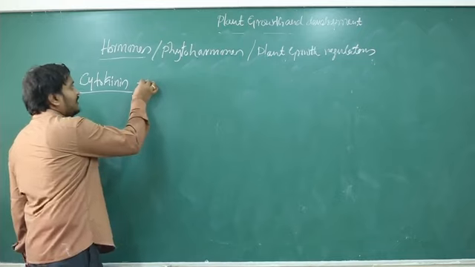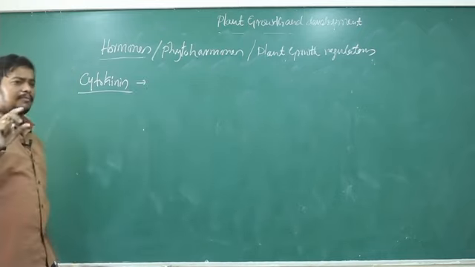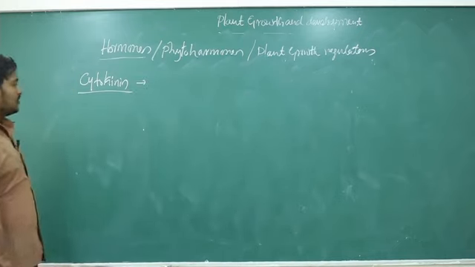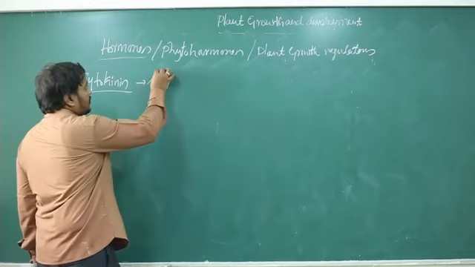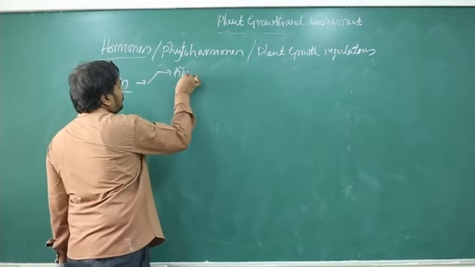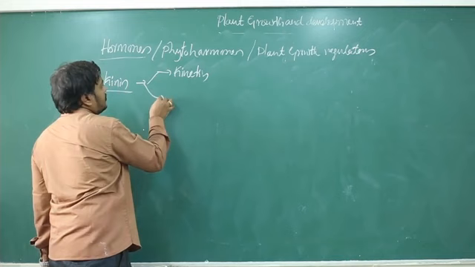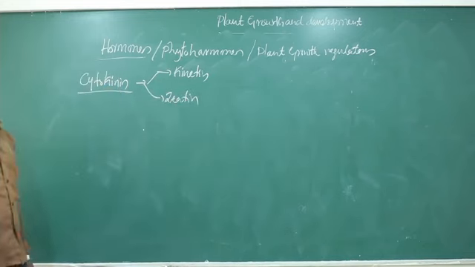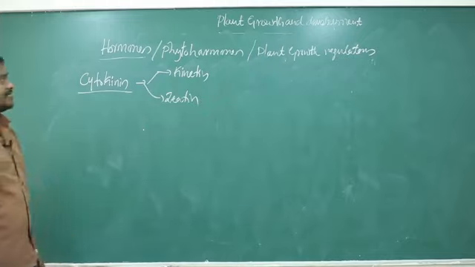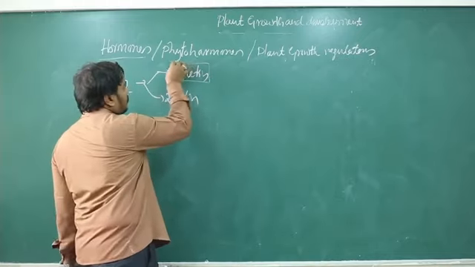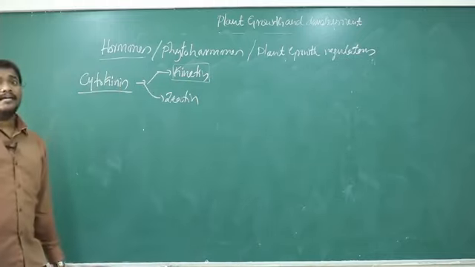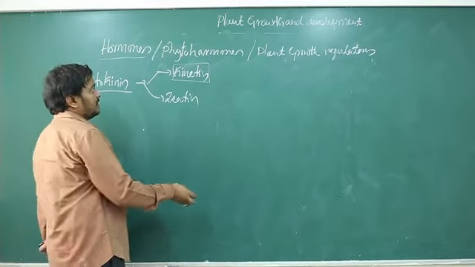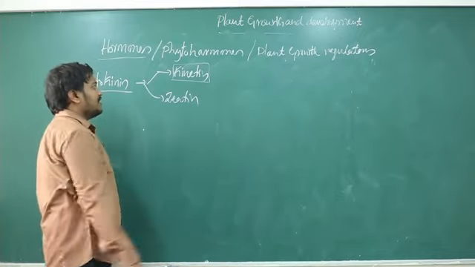In plants only zeatin is present, kinetin is not, but different other cytokinins were isolated. So there are two kinds, one is kinetin, another one is zeatin. Zeatin was isolated for the first time from the Zea mays plant, that's why the name zeatin. Naturally kinetin is not found in plants because it was isolated from herring sperm DNA, an animal source. They are adenine derivatives, zeatin is a plant derivative.